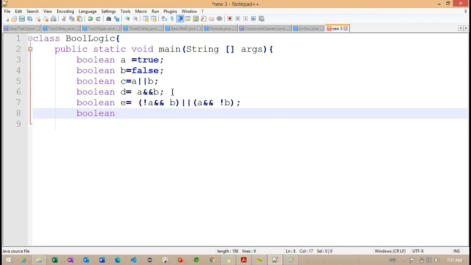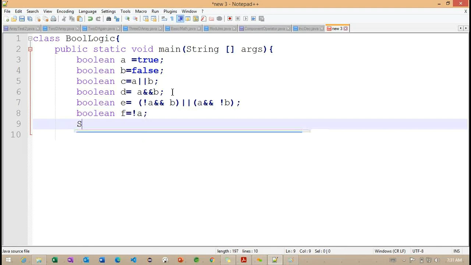And I want to define Boolean F is equal to NOT A. F is equal to NOT A here. Now I'm trying to print with System.out.println.